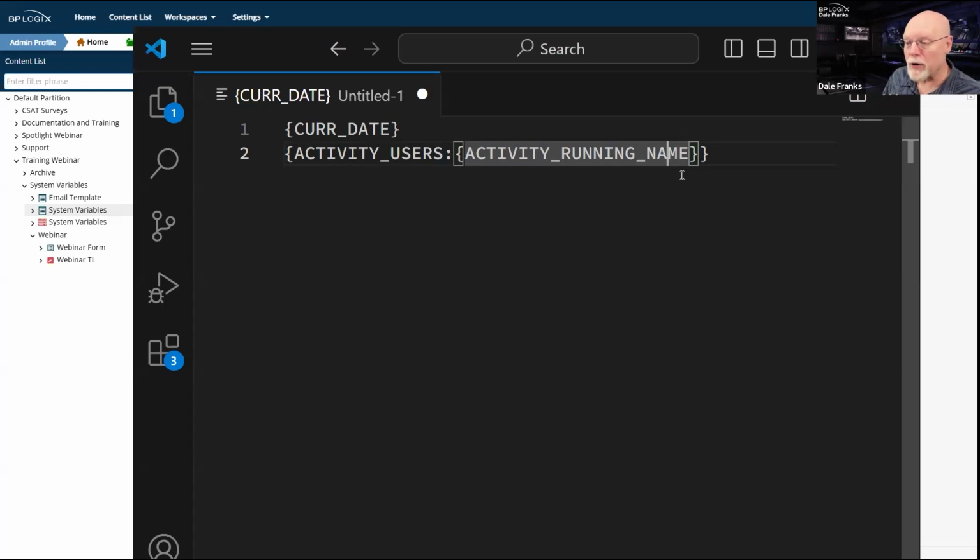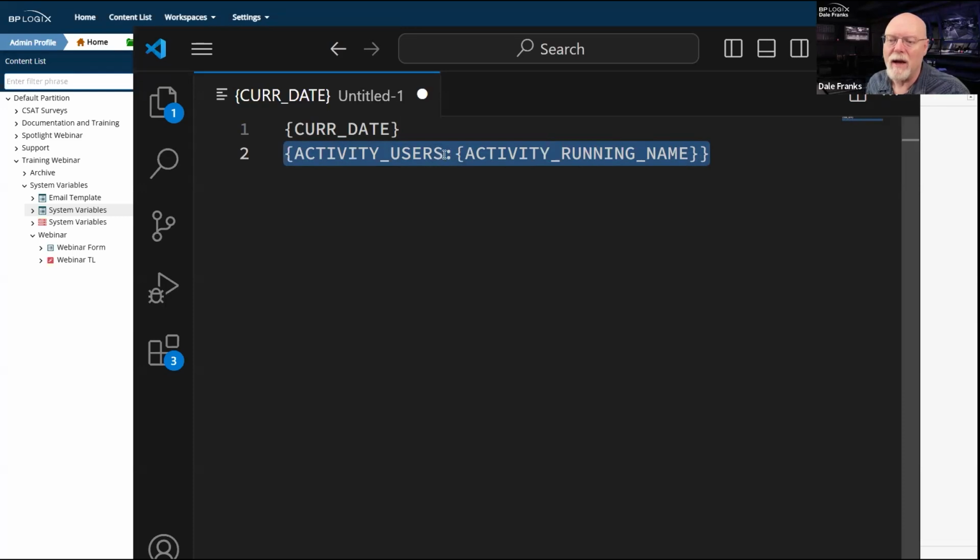And what this enables me to do is to nest this system variable inside of activity users so that the running activity name is just specified dynamically. So whenever I open the form, whatever activity happens to be running will be the activity name that gets returned by the activity running name system variable.